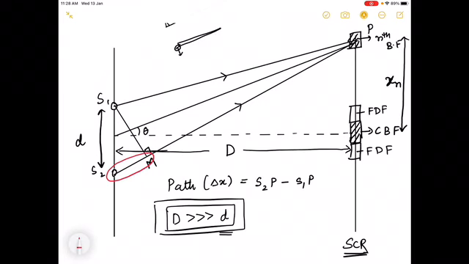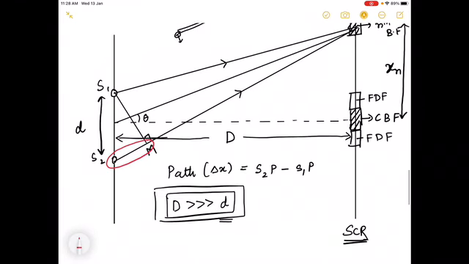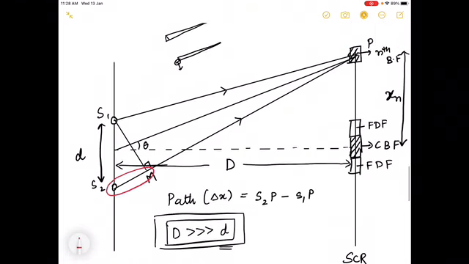I hope everybody can see that OM is like the path difference between S1P and MP. Look, S1P and MP are almost the same path. The difference in the path is actually OM. Yes or no? OM is the extra path here. I hope everybody can feel that OM is the extra path traveled by your S2, right?